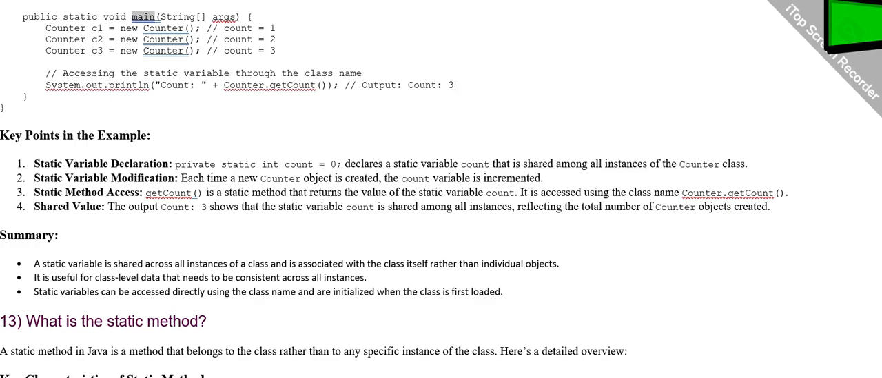public static void main(String[] args) { Counter c1 = new Counter(); // count = 1 Counter c2 = new Counter(); // count = 2 Counter c3 = new Counter(); // count = 3 // accessing the static variable through the class name System.out.println("Count: " + Counter.getCount()); // output: Count: 3